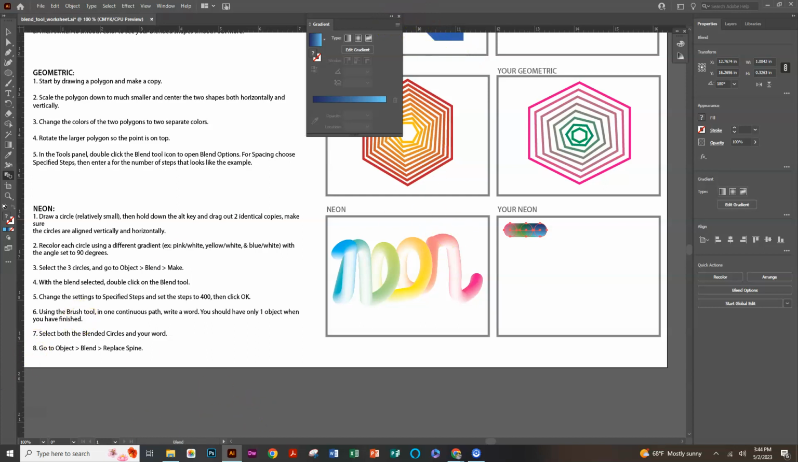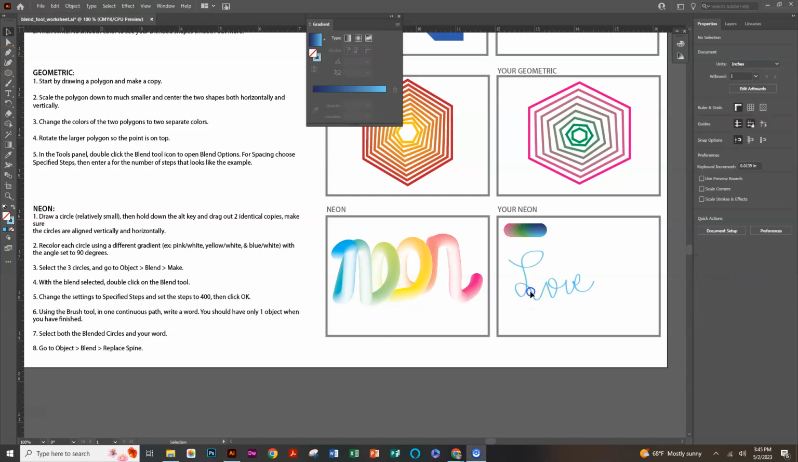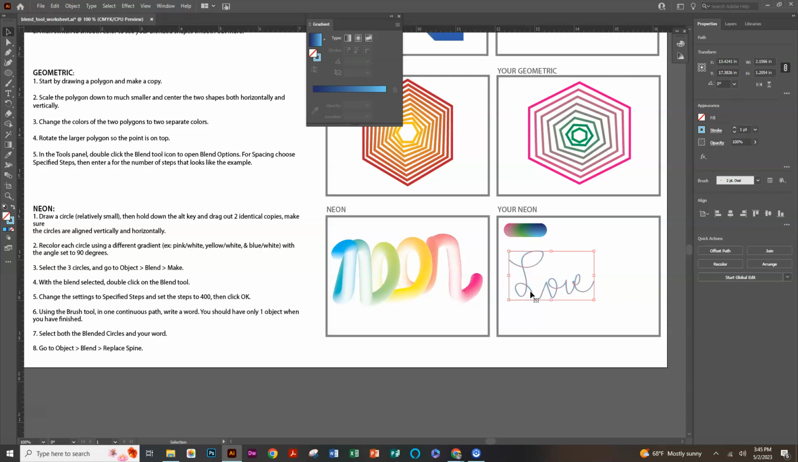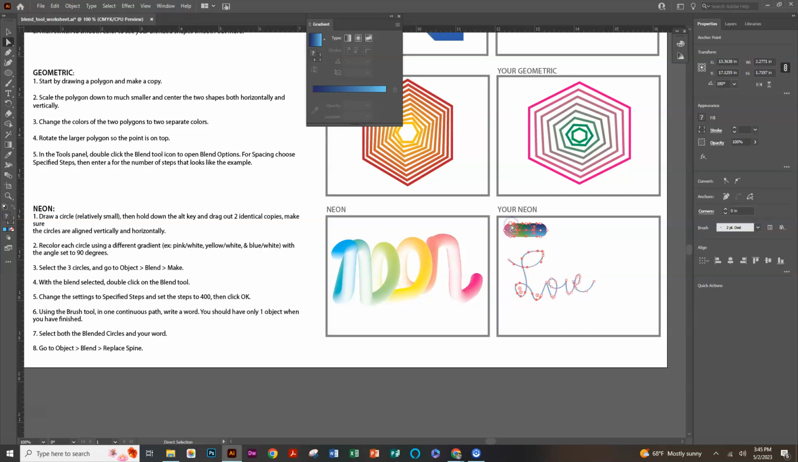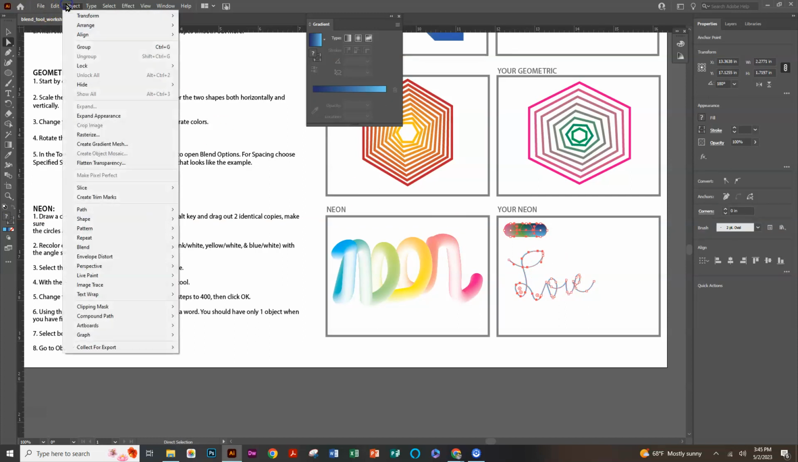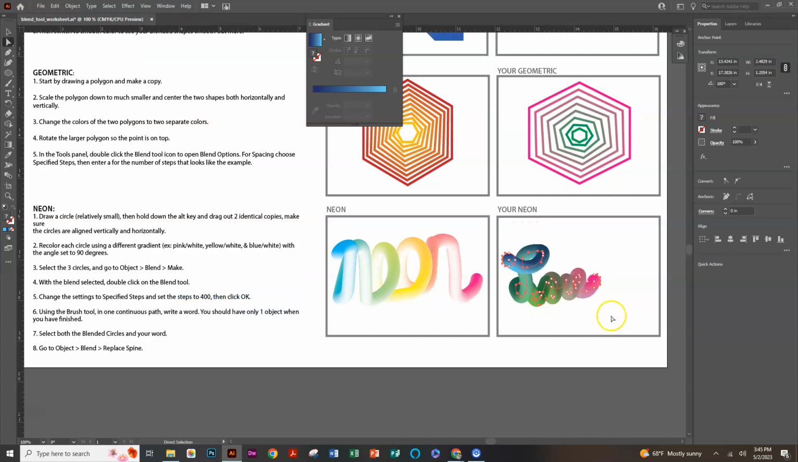All right, next we're going to need to use the brush tool to add some text. Okay, so I've written out the word love. All right, so now I'm going to select both of the thing and my word here. Okay, and then I'm going to go to Object, Blend, and then we're going to choose Replace Spine. Okay, and then my text is a little bit closer, so now they have gone and finalized and